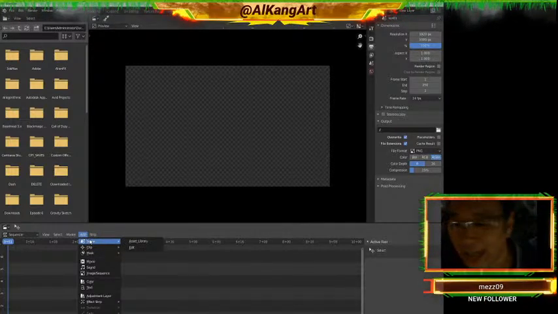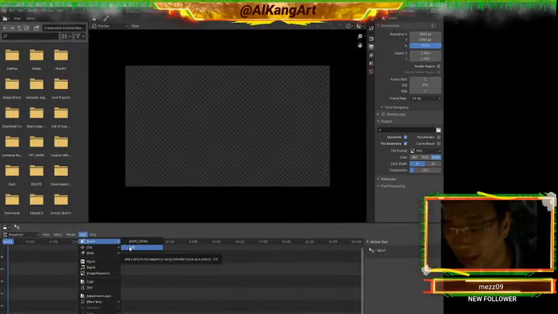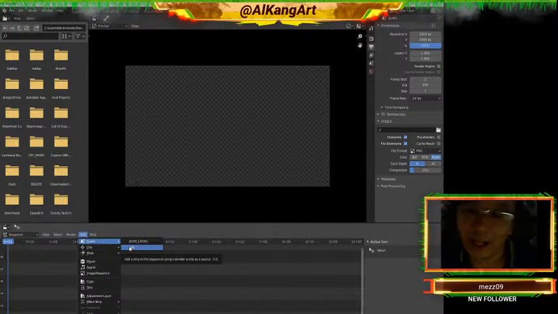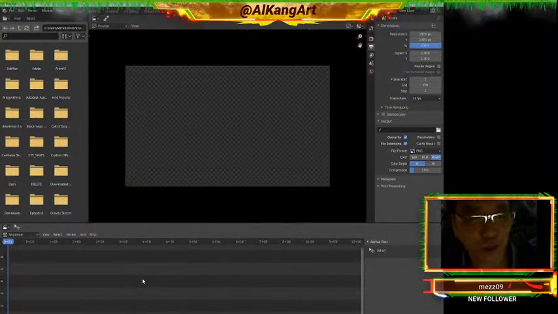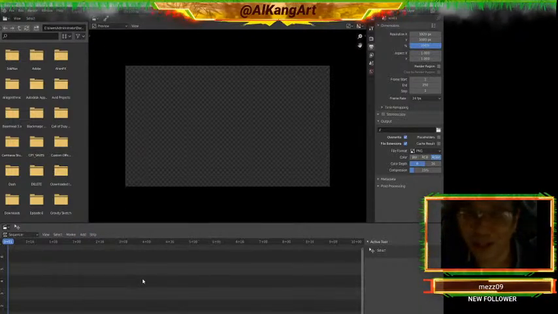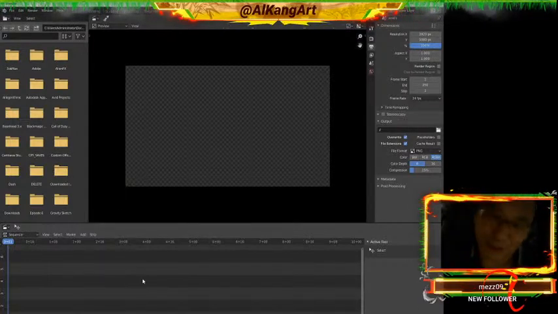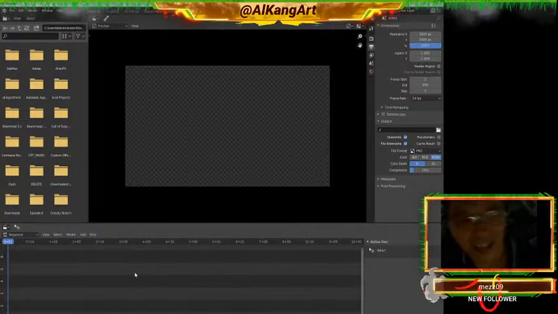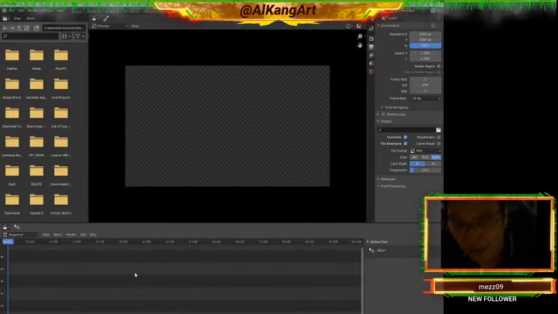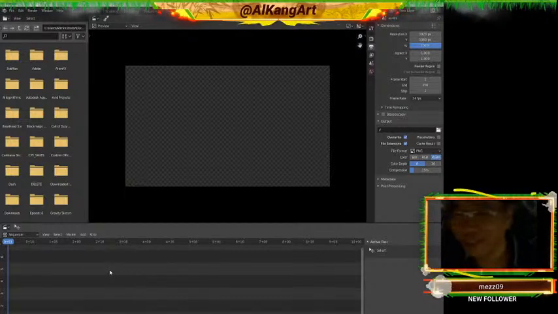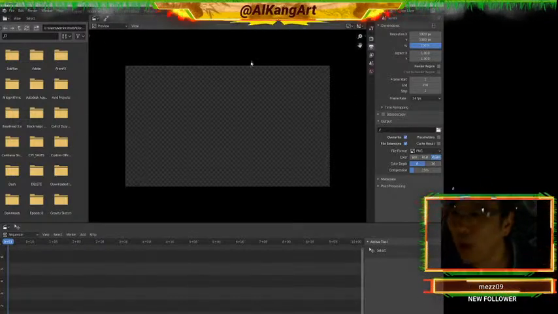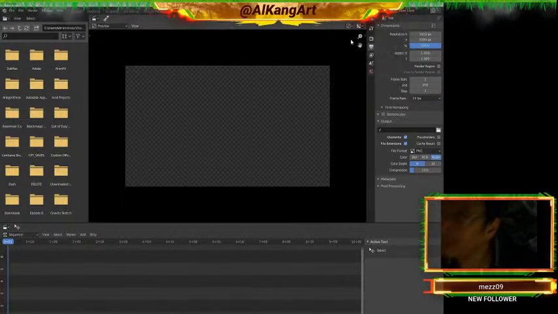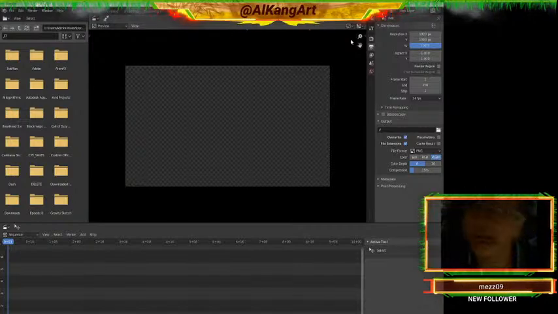So I can add the asset library scene, I can add the edit scene, but I can't add scene 1 to scene 1, right? So it's what's called a non-recursive function. Non-recursive means you can't reference yourself, right? You just can't bring a copy of yourself into yourself, you know? So this is why it necessitates having an edit scene.